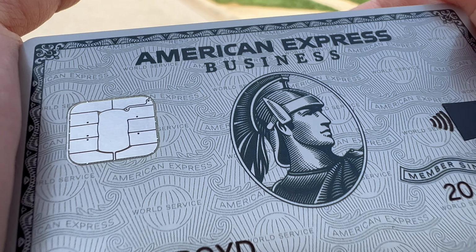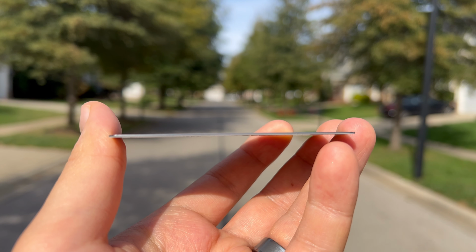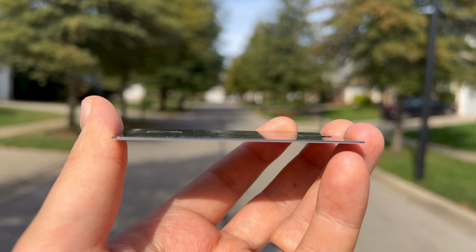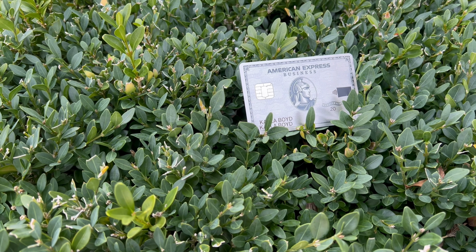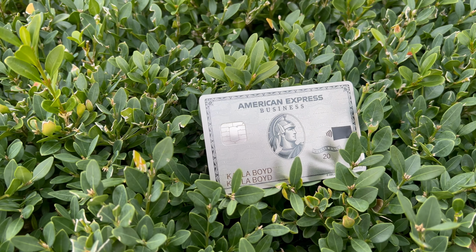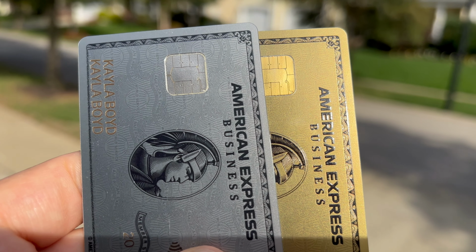Overall, when I'm looking at this card, it's not super glossy, but it has a substantial feel. When I turn it to the side, you can see it's got a good feel in the hand. It's really thick. That's what she said. So make sure that you save room in your wallet for this to be able to fit in a little bit easier, because it is going to take up a little bit of space, but it's a very substantial feeling card, very impressive feeling card, similar to that of the American Express Business Gold card,